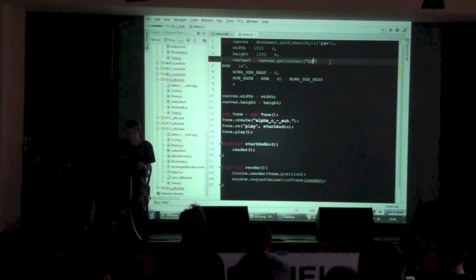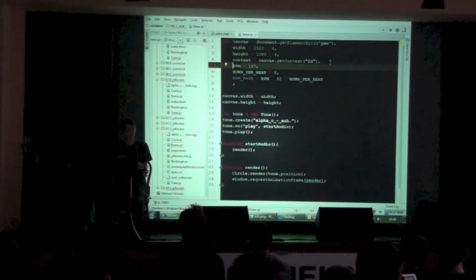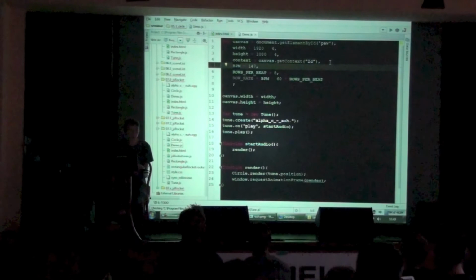So what does this code do? We define our BPM. Who doesn't know what BPM does or means? One guy, two guys. Okay, it's just beats per minute. So if you have a techno song, it's a lot of beats per minute. It's like zoom, zoom, zoom, zoom, zoom, zoom, zoom. And every one of these is